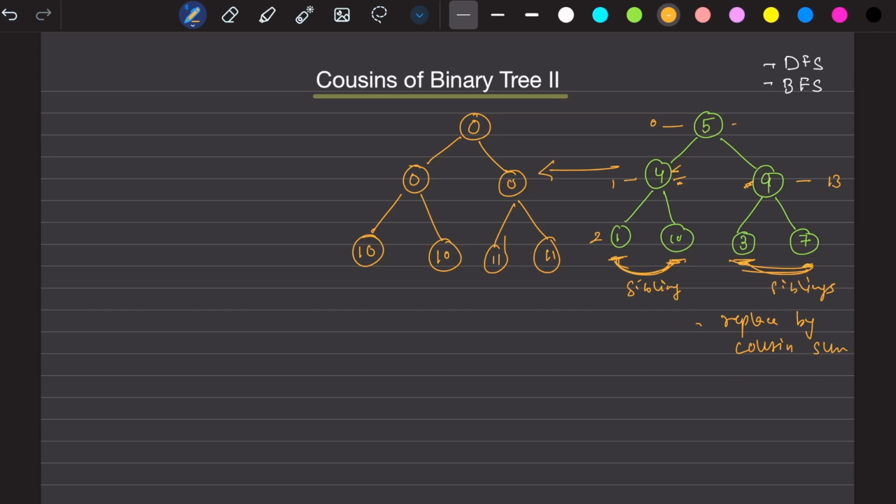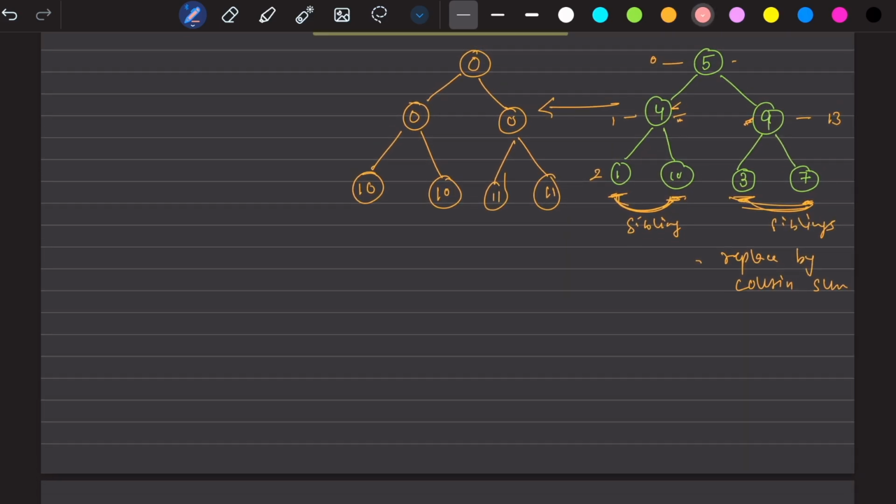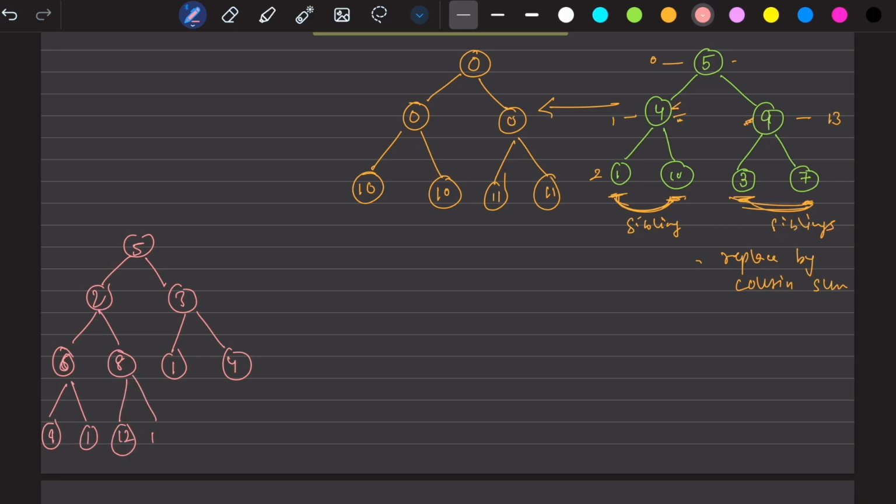If you take another example for more levels, now let's just say 5, then 2, then 3, then 6, 8, now 1, 4, again one level more. So it will be, let's just say 9, again 1, again 12, 15, and this has no child, but this has 2. So it will be 12, and this will be 11, right? Now see, so again we have discussed that it will be not